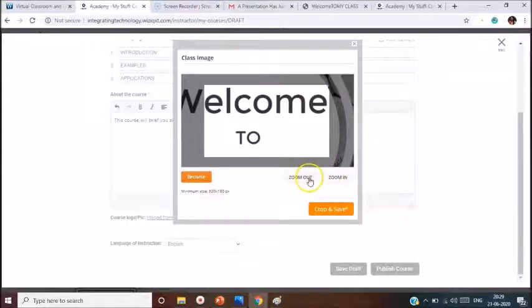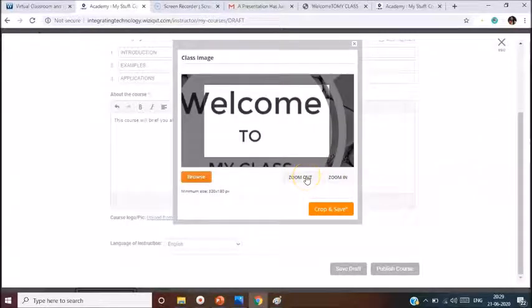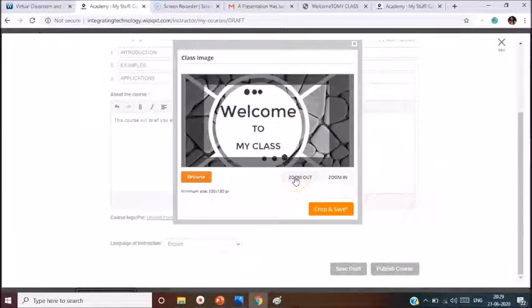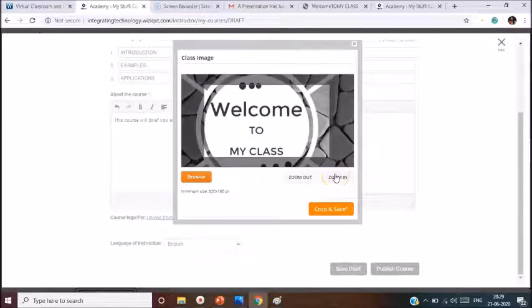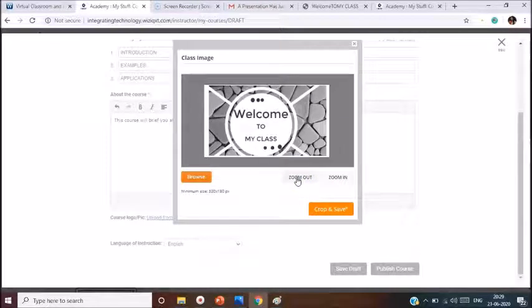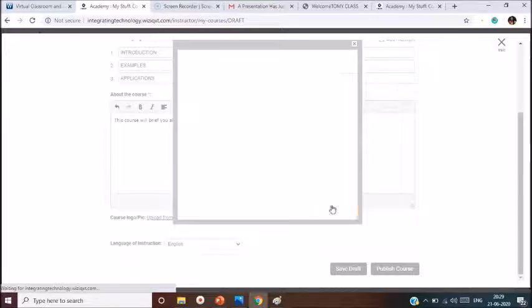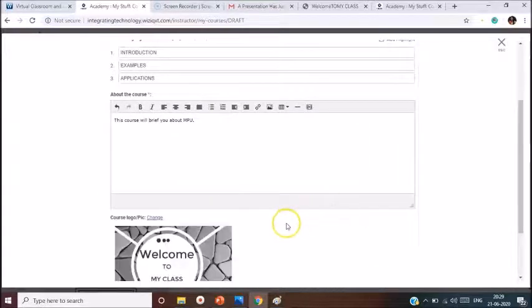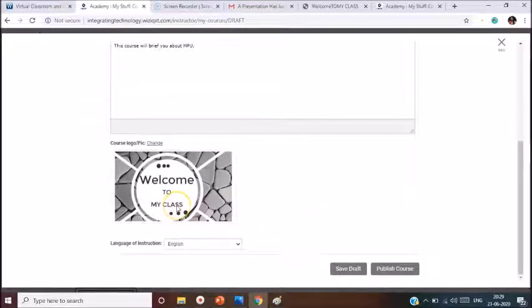You can also use the option for zoom in and zoom out. So this is the option I can select and click on crop and save. So this adds a logo to my course.